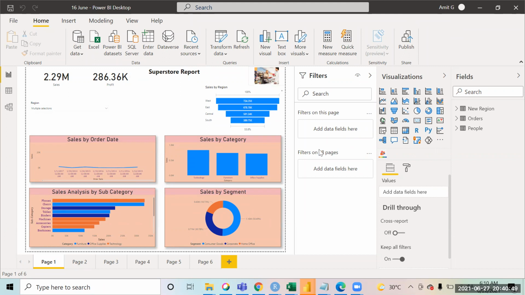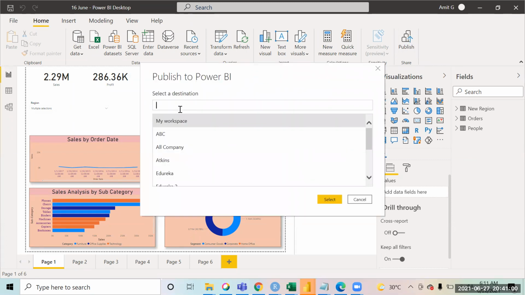Once you sign in over here, we simply click on the publish button. When you click on publish, it will give you this option, publish to Power BI. Right now you won't be getting all the other options. You will just get My workspace by default. These are some other folders that I have created on my account.